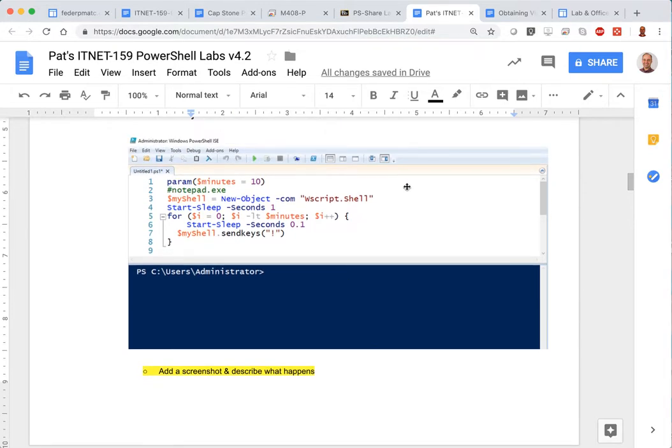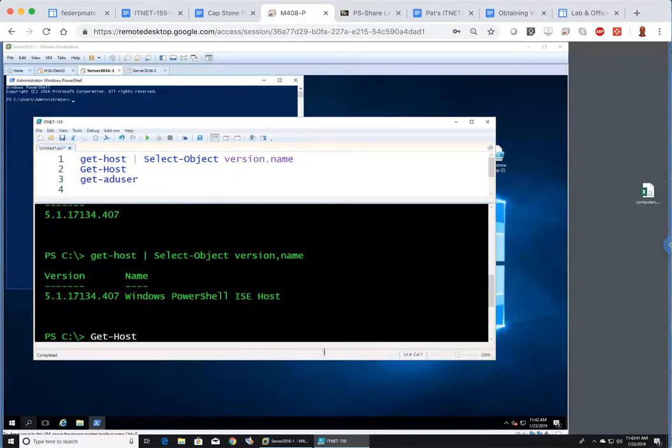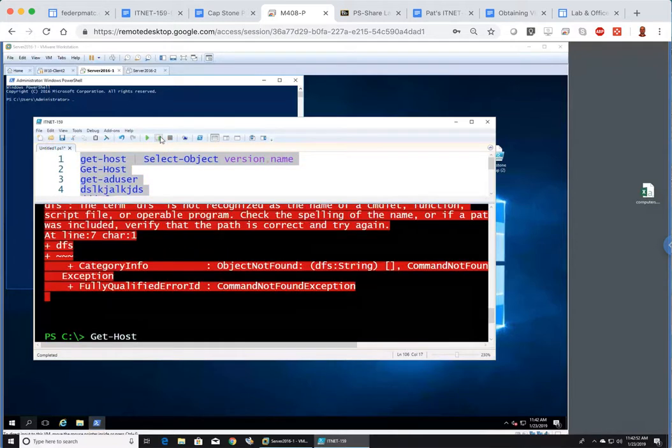Add a screenshot. So, again, to reiterate, I really like using the ISE. I like the fact that you can type a bunch of commands in, and then when it's all said and done, you can just highlight them and run them all at one time. Right? I have some errors in there, right? But that's it. So that gets us through the syllabus